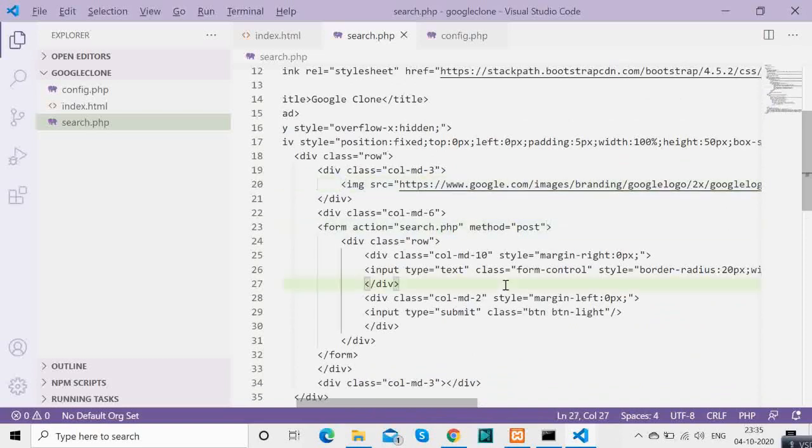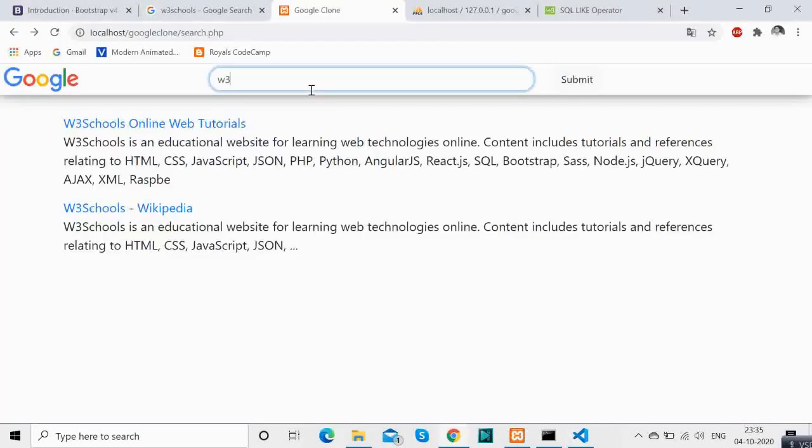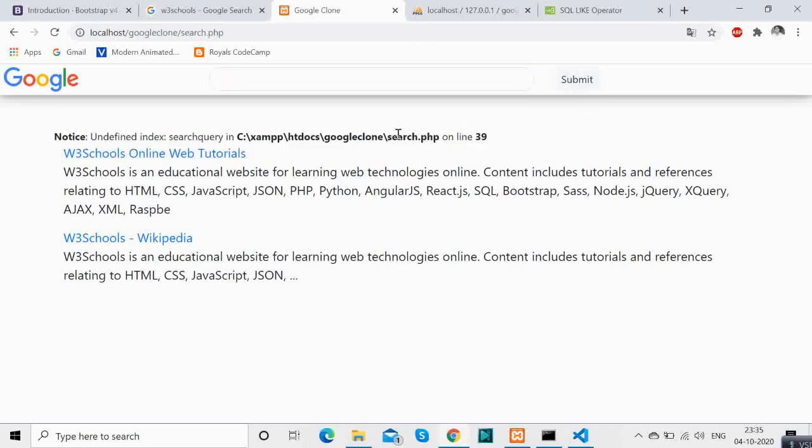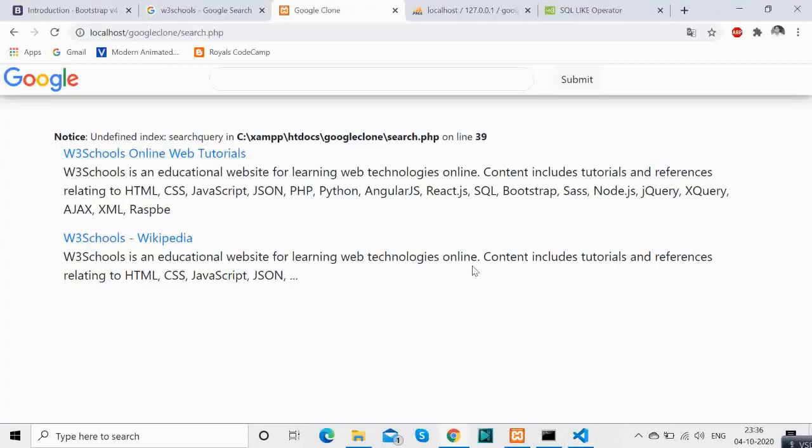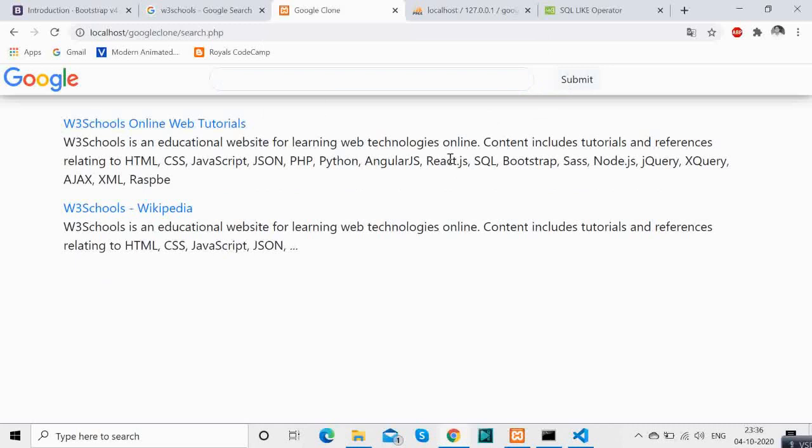So why was this issue coming? Line 39. What was the issue? The issue was actually because of that name, search query. We forgot to give that name. So we will provide that name inside that form and this will get it fixed. And there you go, our application is ready. It's ready, and now we will add some data in the database so that we can give you a demonstration of whether it's working.